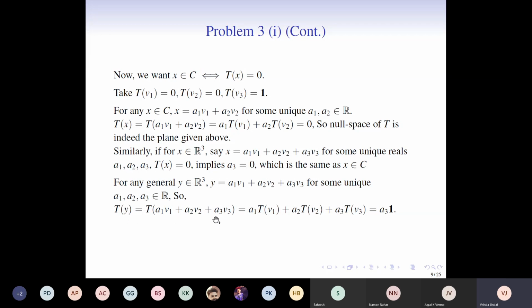Using the linearity of T, we can write T of y as a1 T of v1 plus a2 T of v2 plus a3 T of v3, and T of v1 and T of v2 will go to 0, and we'll just get a3 times the vector of 1s, which is the value of T of y. So we see that T is a valid linear transformation that satisfies the given